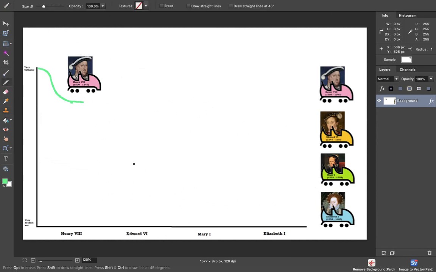Now, it's up to you guys to decide, well, where was Edward here, and Mary and Elizabeth? And for a challenge, maybe you can think about some key features of a roller coaster and where you'd want to put them in there. So for example, there might be a loop somewhere, or maybe it goes through some water. Now, if you are going to put some of those in, make sure you think really carefully about where they would go and what those features would represent.